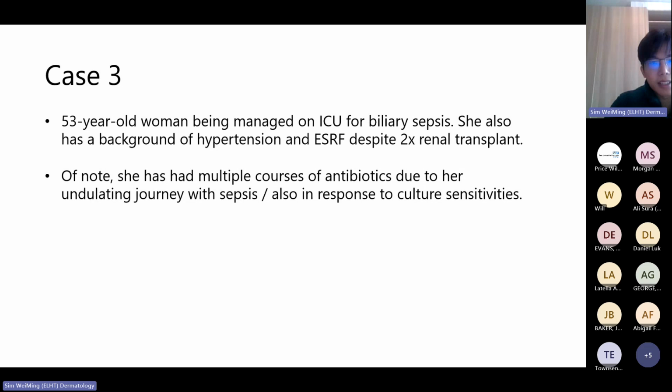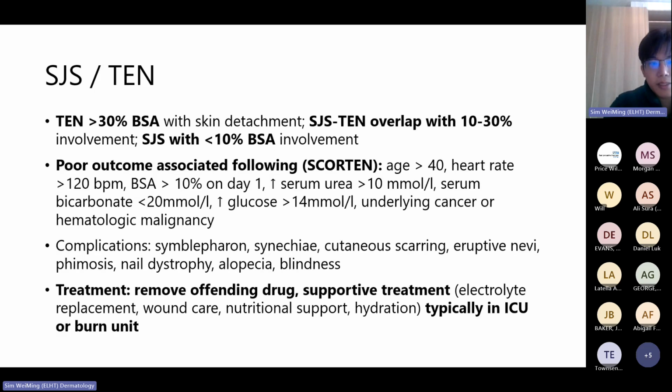And before I move on to case 3, I just wanted to say for SJS and TEN, there are other forms of treatment that we use. So correct me if I'm wrong, but I presume that if the ICU team or the dermatological team wants to consider other forms of treatment, they might discuss it with yourselves because they probably wouldn't be the most comfortable in prescribing complex regimens. So in literature,